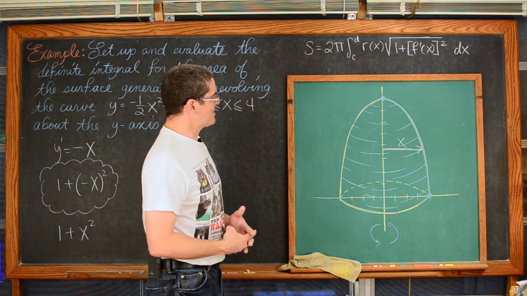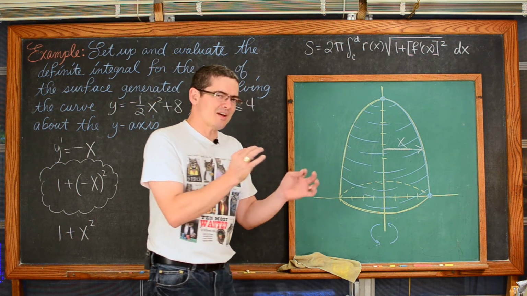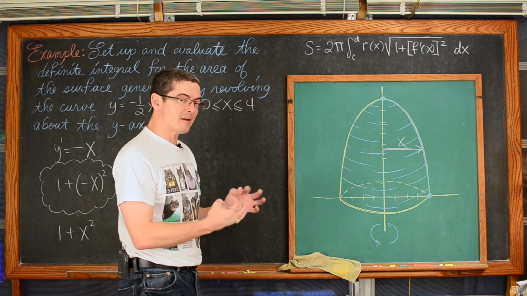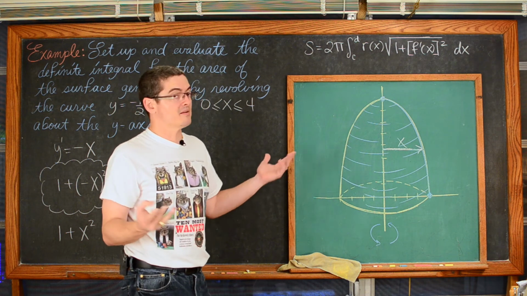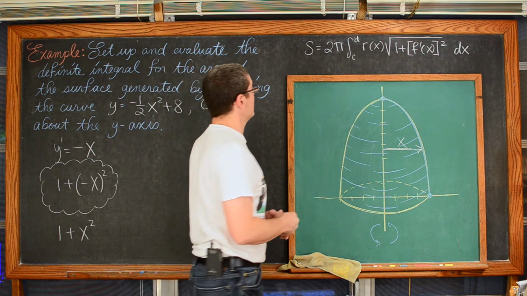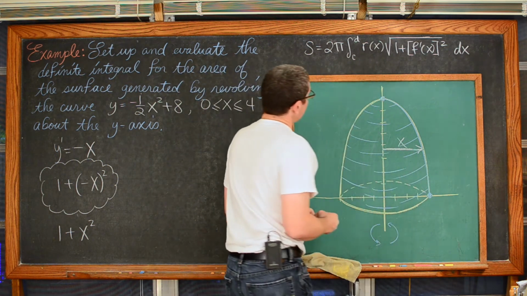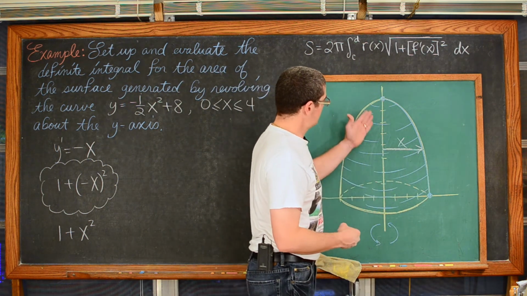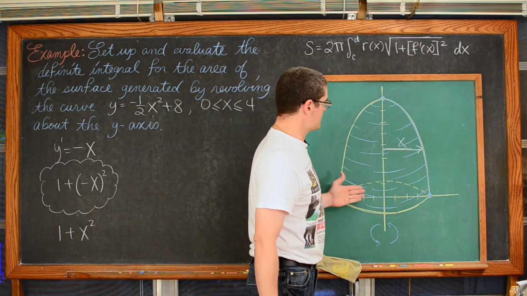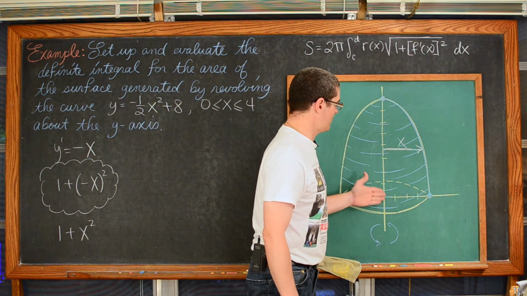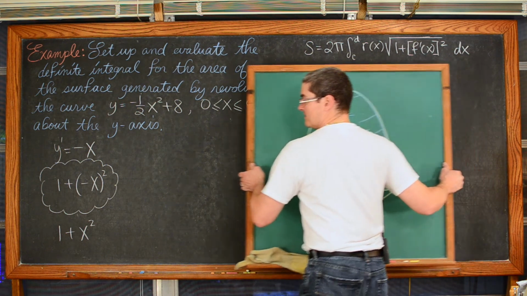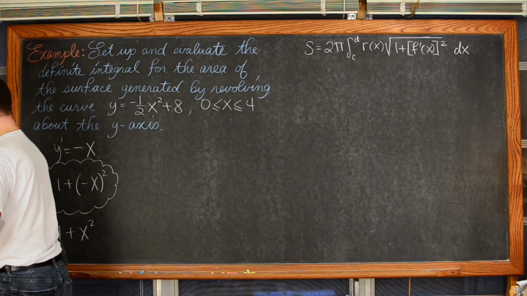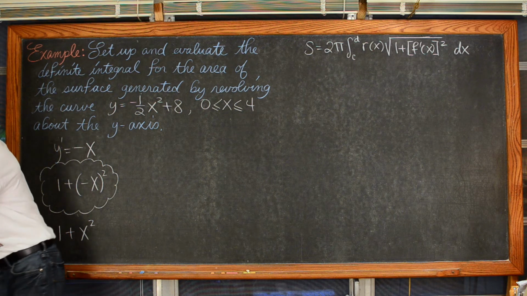Okay, well, this is quite a bit less work than our previous one. I've got to think about it a little bit more because the axis of rotation is the y-axis instead of the x-axis, but it seems to be going along quite nicely. And since everything is y in terms of x, we can integrate along the x-axis, from 0 to 4. So let's get this out of the way. My fancy picture, old school style.